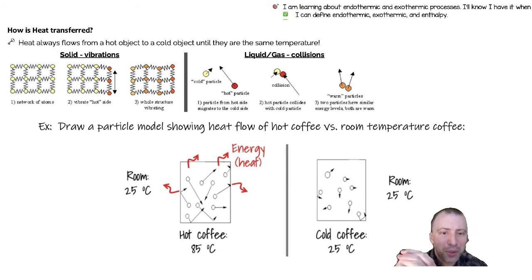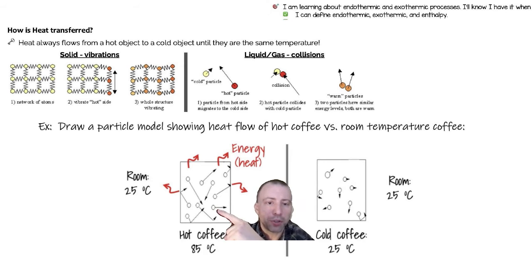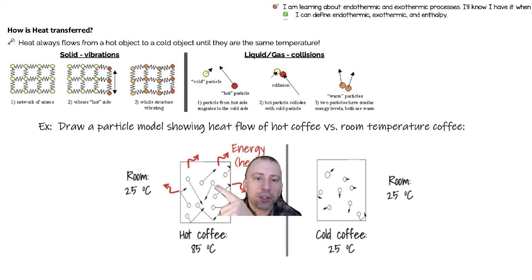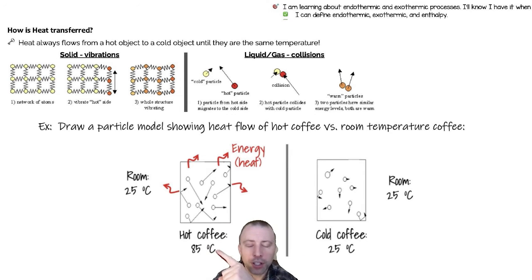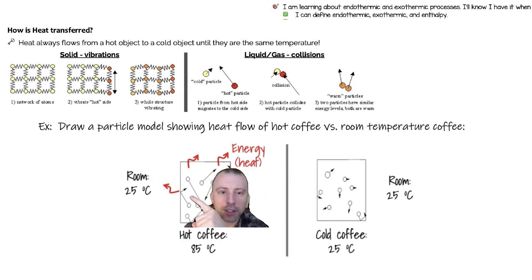If we wanted to do an example, we could draw a particle model showing heat flow of hot coffee versus room temperature coffee. So in hot coffee, here on the left, the particles will be going really fast. The way you can draw fast is you draw the little circles with a big arrow, and they're going all different ways. Notice they're not all going the same speed or direction, but there's like an average, you could say. And so the hot coffee at 85 degrees, the molecules will be going really fast compared to the molecules in the room. And so as they're hitting the sides of the cup